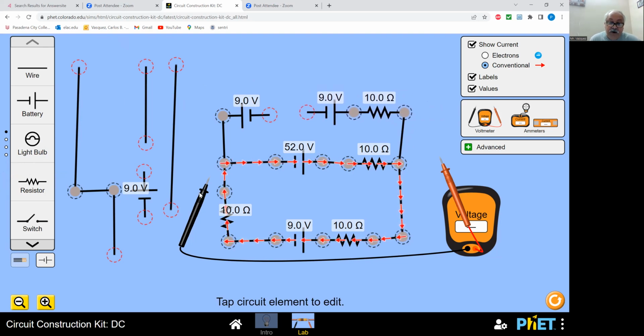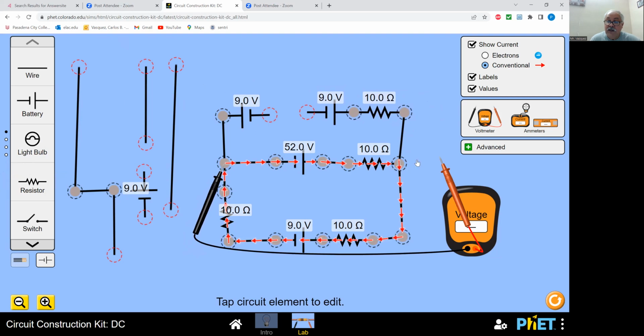Now, let's try to find the difference between, again, this point, the lowest point, and the highest point, but now this highest point is connected to a battery. You can see it's a wire, right? We have the same voltage, even though we go through the resistor, because there's no current, the voltage stays the same. But when we jump and cross the battery, we have to add or subtract the voltage, depending on the conditions. Like in this case,